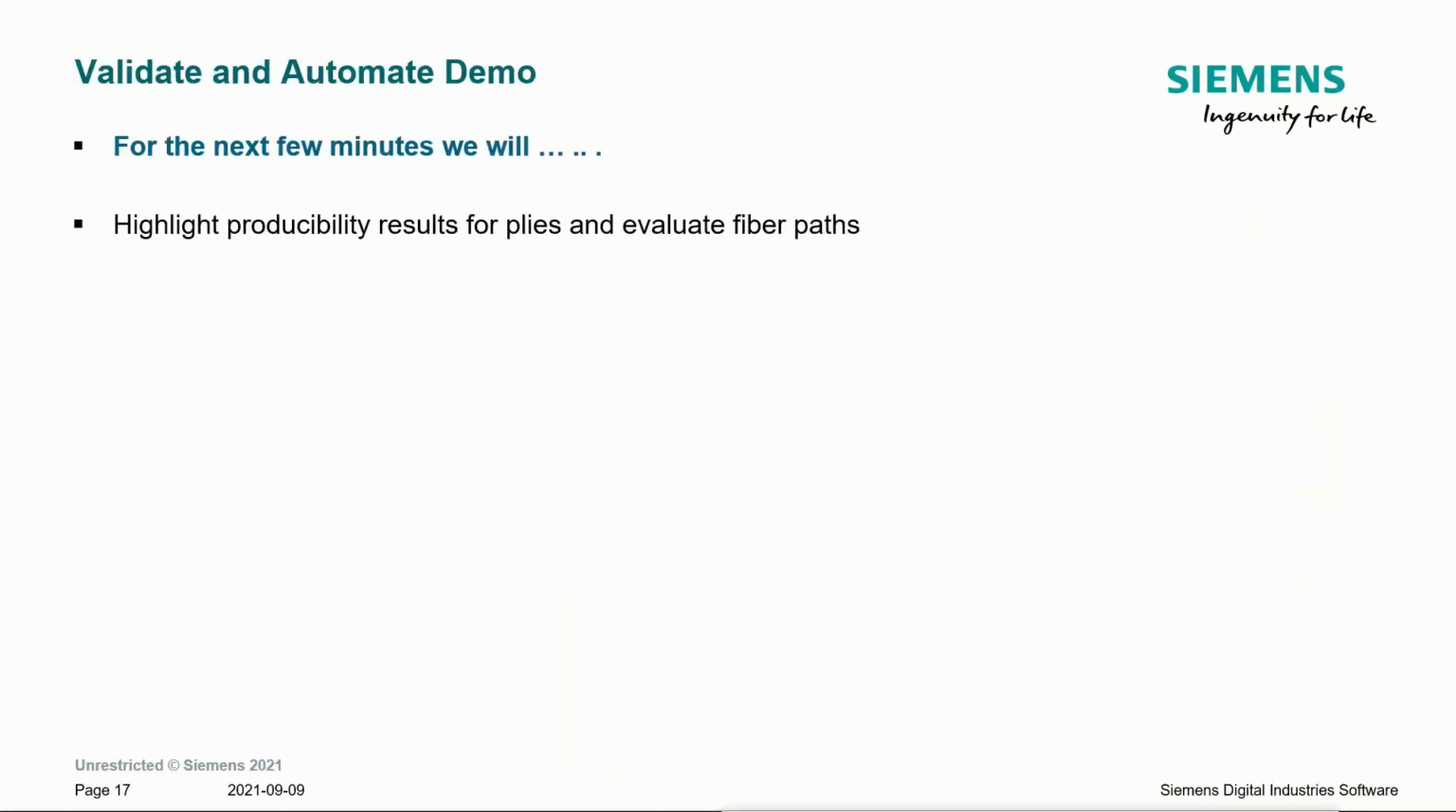So in the next few minutes, when I pop back over into the product, I'm going to highlight Producer results for supplies and evaluate the fiber paths. I'm going to review the material width warning, as I mentioned, on a dummy laminate, so that I can show you how to generate a material width curve and how to generate a splice group, even though it wasn't required